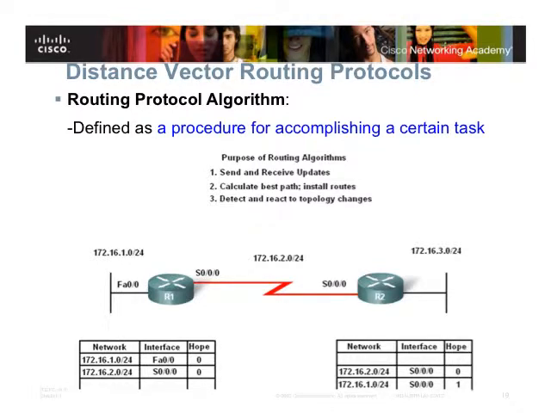Distance vector routing protocols define what we call the algorithm, and the algorithm performs these tasks. It sends and receives the updates. The algorithm is the one that runs the timer, and after 30 seconds it says, okay, now is the time for me to send an update. Then it goes to the routing table, collects all the information, generates the message, and sends it across all the interfaces in one hop broadcast fashion.